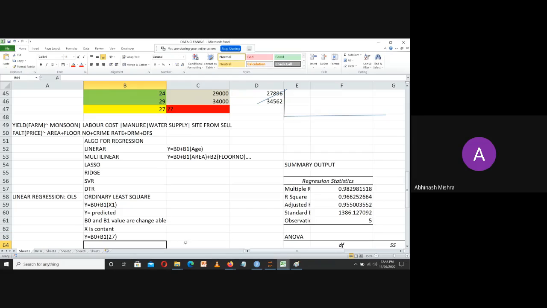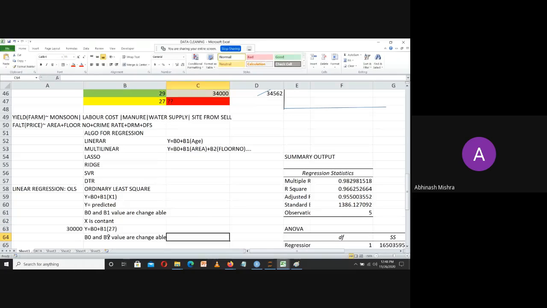और इसका जो फाइनल आंसर आना चाहिए था, एक्चुअल डेटा के अंदर इसका दिया था कितना। अब सपोज आई से 37, आई कैन से नॉट 37, आई से 30,000। एक्चुअल डेटा में इसका जो सैलरी दी थी 30,000 दी थी। अब 30,000 के कितना करीब ला पाऊंगा उसको कौन डिफाइन करेगा, ये जो बीटा नॉट की वैल्यू होगी और किसकी वैल्यू होगी, बीटा 1 की। तो जो ऑर्डिनरी लीस्ट स्क्वायर होता है लीनियर रिग्रेशन में, उसका मेजर ऑब्जेक्टिव क्या होता है कि बीटा 1 एंड बीटा नॉट या बीटा 2, बीटा 3, बीटा 4, उनकी वैल्यू को ऑप्टिमाइज करना।